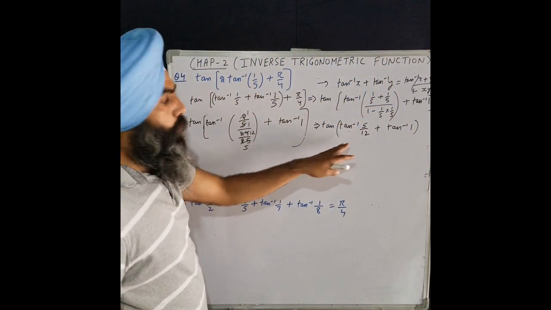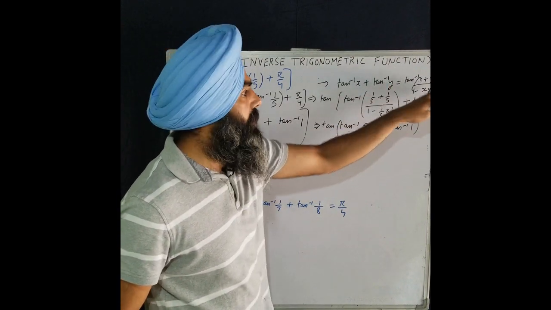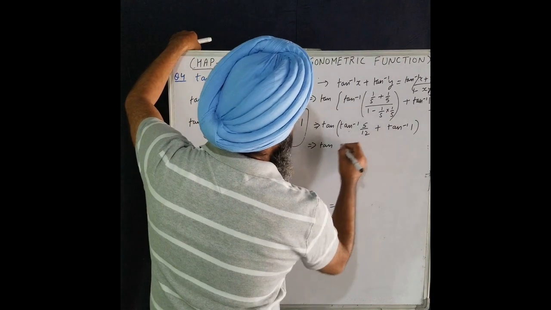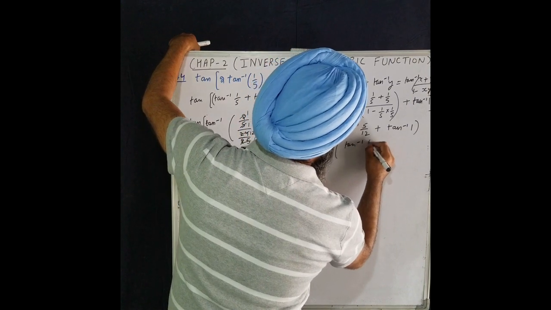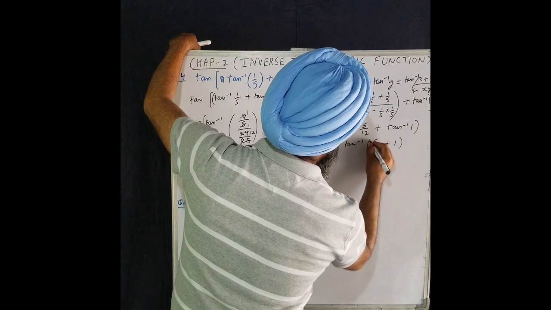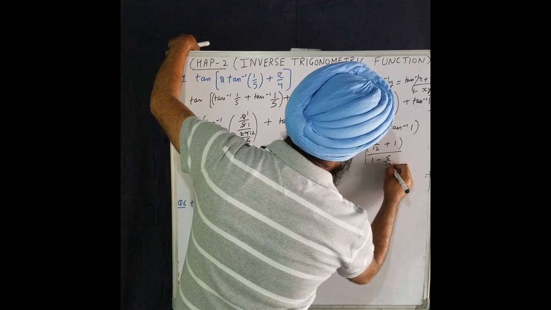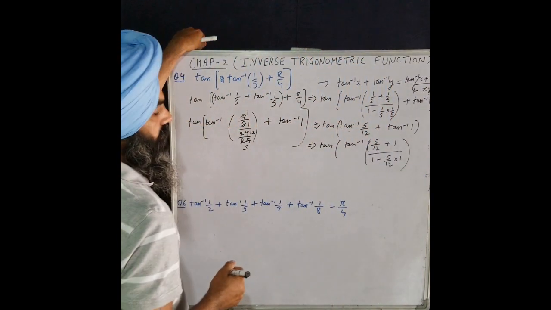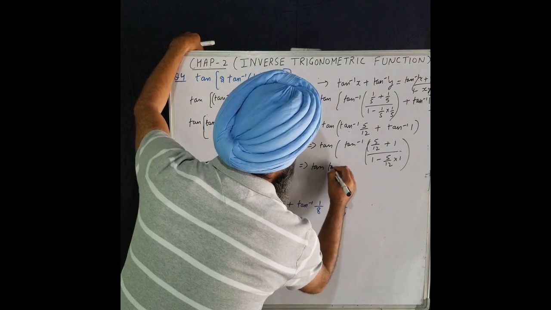I hope you understand up to this, okay. Now again beta apply this formula, tan inverse x plus tan inverse y. tan inverse x beta, how much does it become, see, tan inverse 5 upon 12 plus 1, okay, upon 1 minus 5 upon 12 into 1, okay. Simplify this beta, this will come out to tan inverse